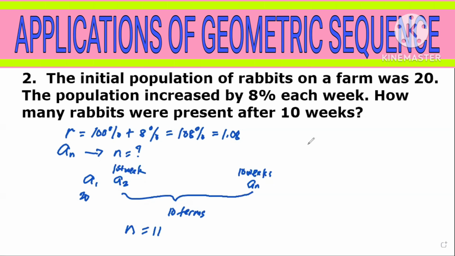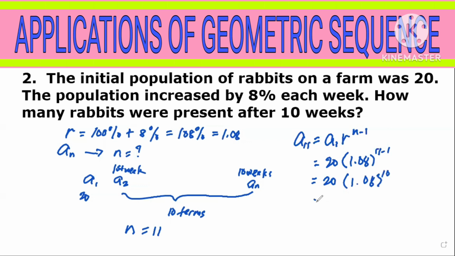So, since n is equal to 11, we are actually looking for a sub 11. Using the n-term formula, we have a sub 1 r to the n minus 1. So, a sub 11, a sub 1 is equal to 20, r is equal to 1.08 raised to 11 minus 1. So, this is equal to 20 times 1.08 raised to 10. Now, using your calculator, 20 times 1.08 raised to 10 is equal to